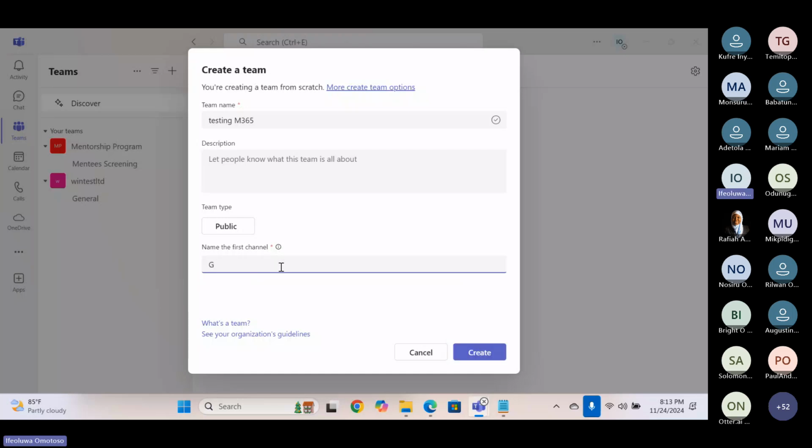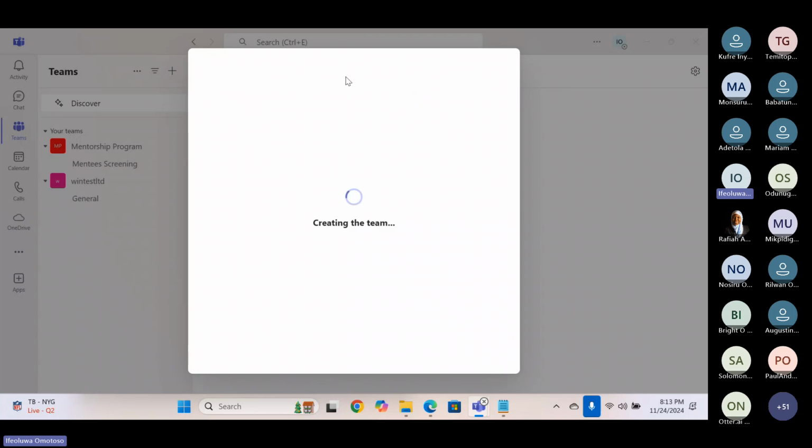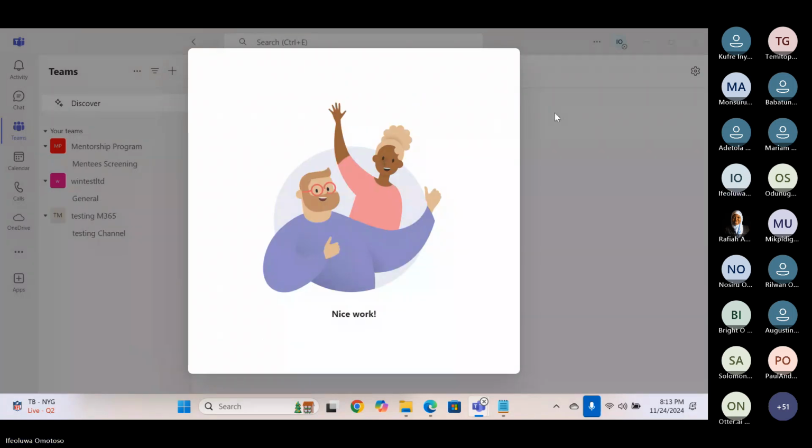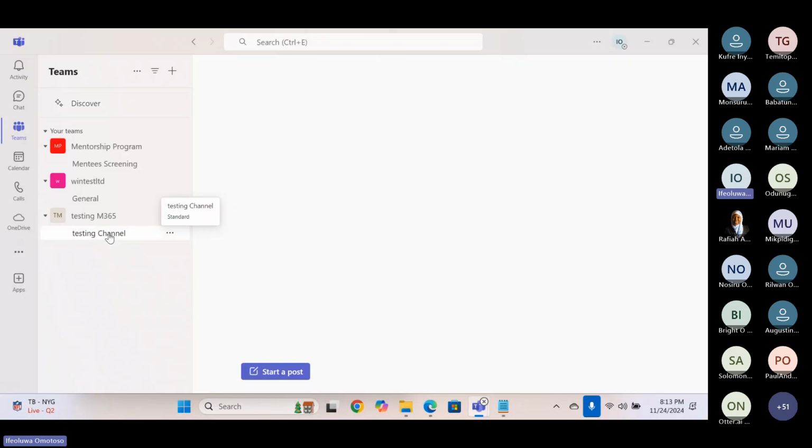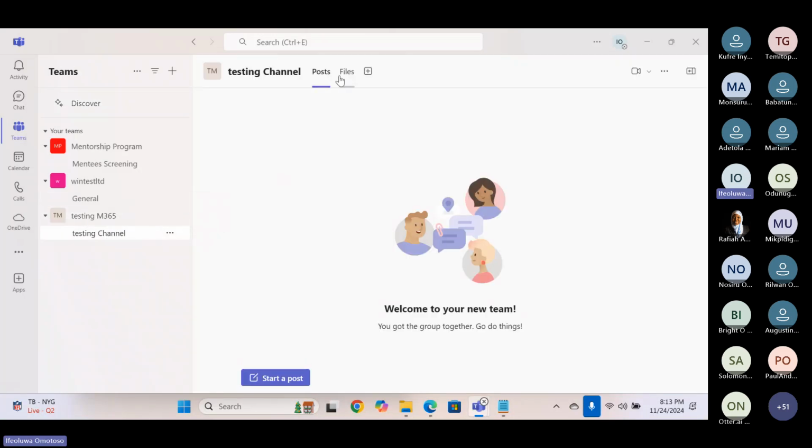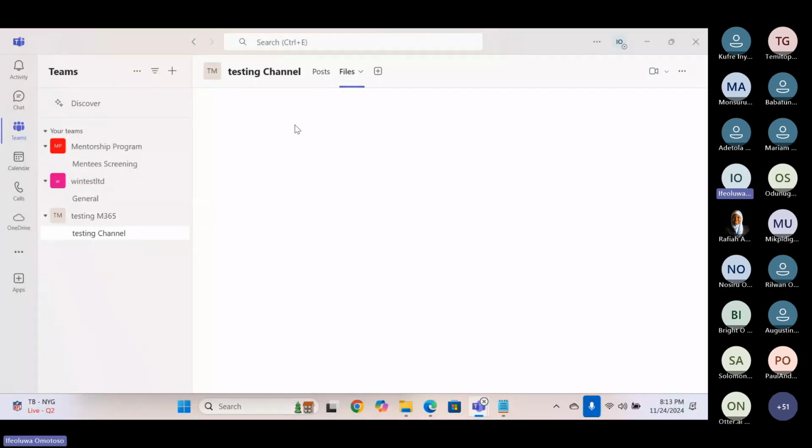Yesterday, I think we talked about how to create the teams and the channel. If you have any question, you can also leave it on the chat so I can view that. But I just want to continue from where Joseph stopped. So this is the team that is created. Now, this file here, right? When you go to the SharePoint, we are going to see a testing M365 that is already created. So when you upload a file,